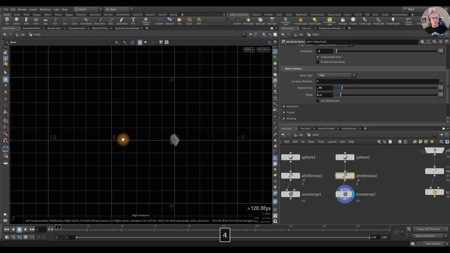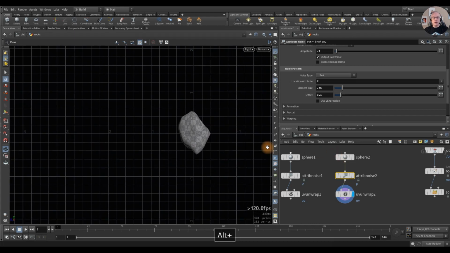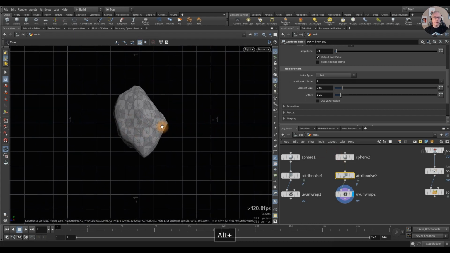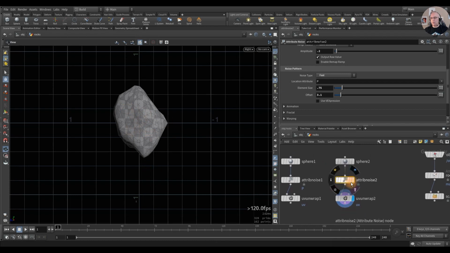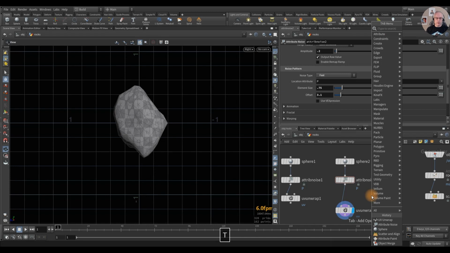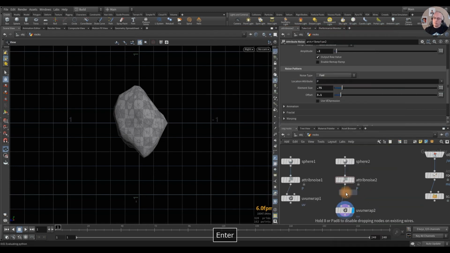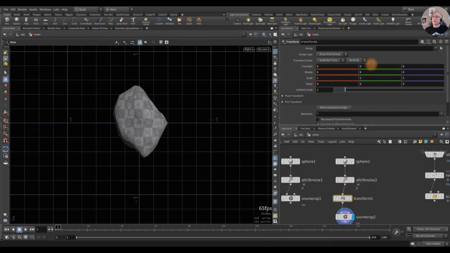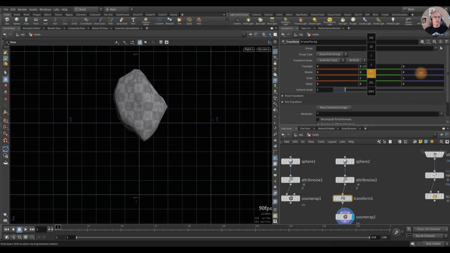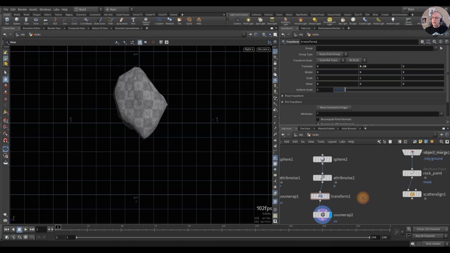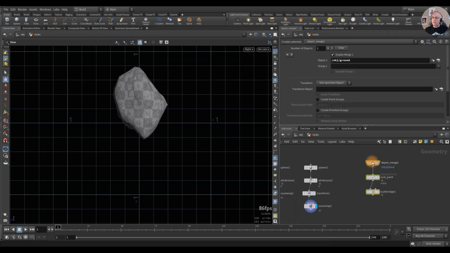Now this one, since it's tall, you can see the pivot point is in the middle, so half of it's in the ground, so it's kind of strange. So this one we're probably going to want to put in a transform here and just raise the y-axis just a hair so it's more like it's sticking out of the ground by the time we're done. And let's move this over so we have room,